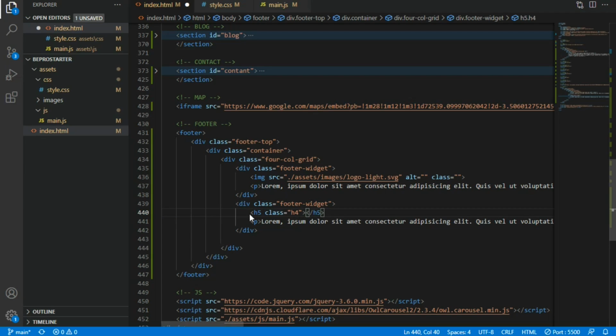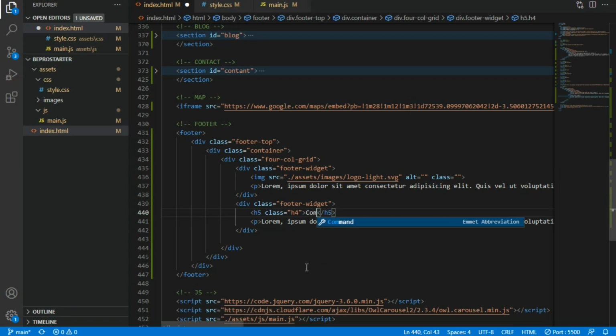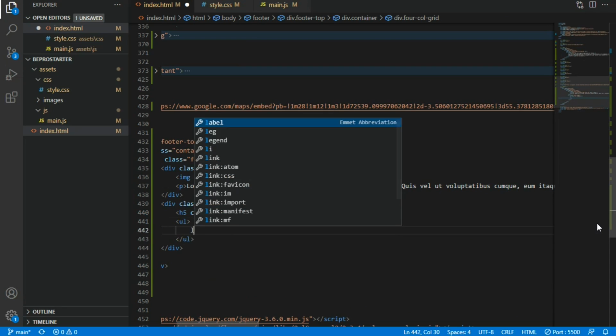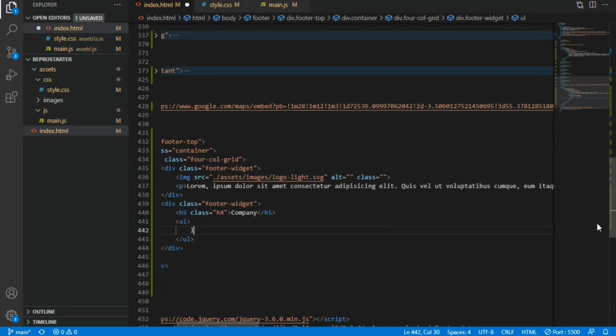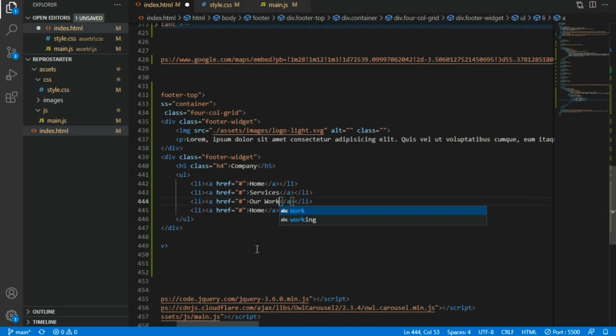So this will be company, and here I'm gonna put some unordered list item, and I'm gonna create an anchor tag. So this will be home. So I'm gonna duplicate this. Home, services, our work, and